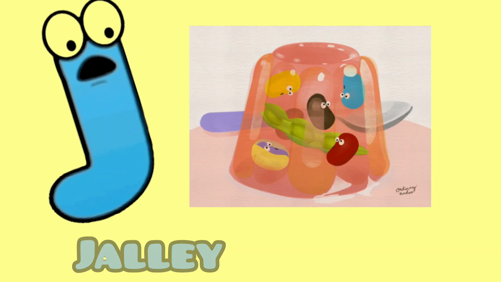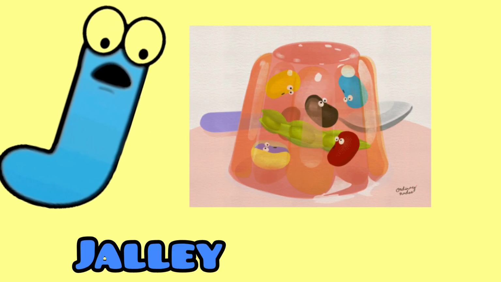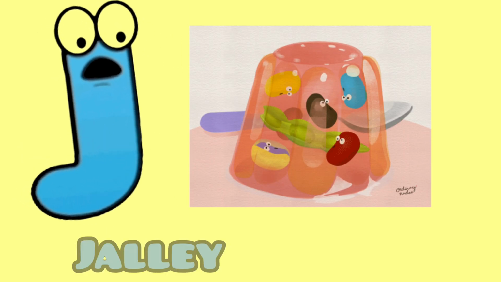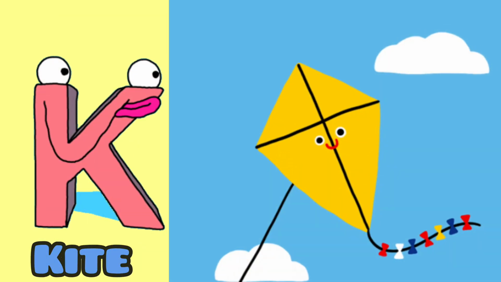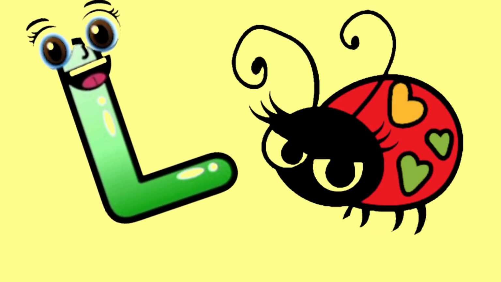I, igloo. J is for jelly, jelly. J, jelly. K is for kite, kite. K, kite. L is for ladybird,